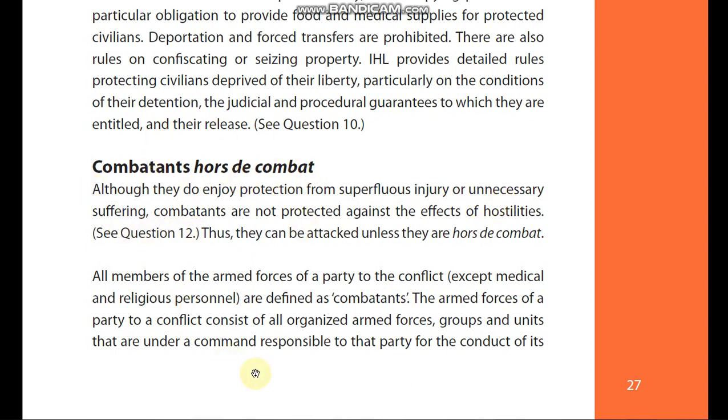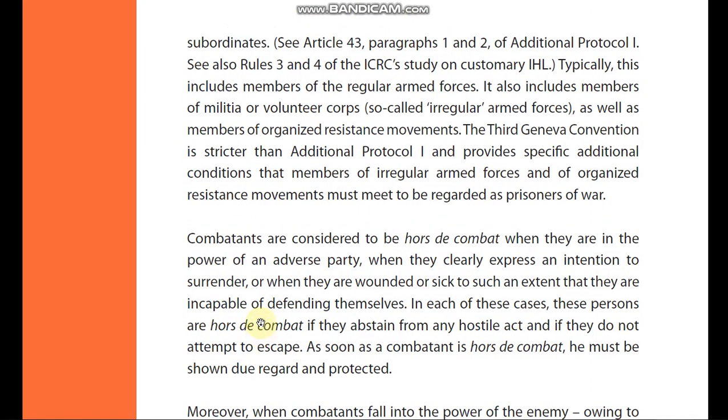The combatant who is not able to pursue fighting is protected under the IHL. So the combatant is a person who is not generally protected under IHL. If he is in the hands of the enemy, then in this case he will